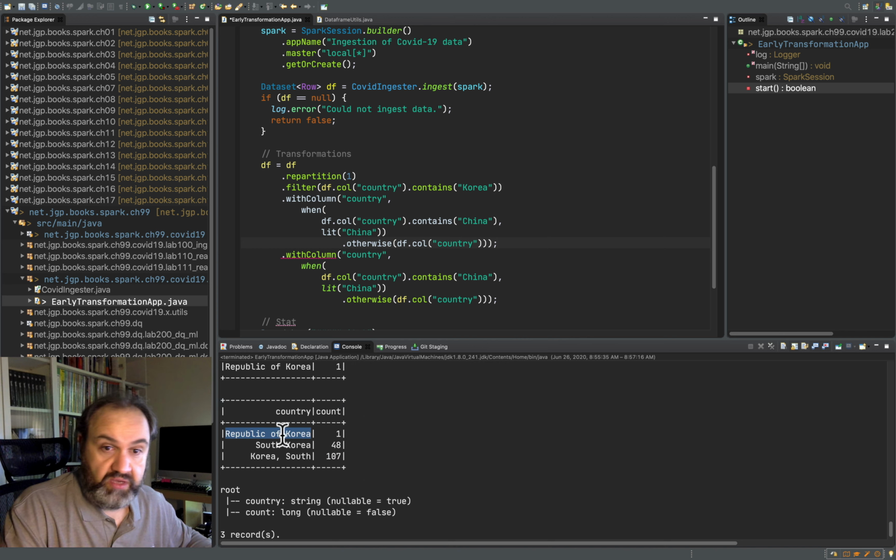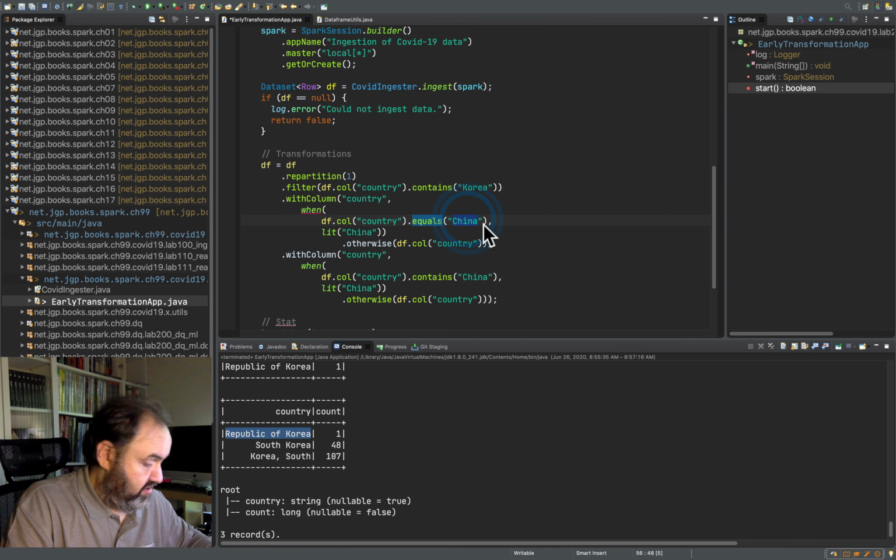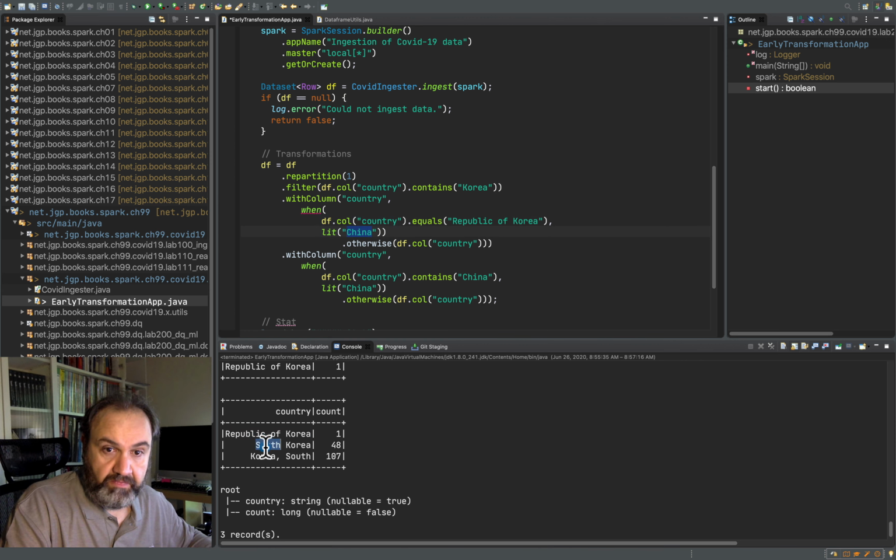So I'm going to take Republic of Korea. So if my column country contains, I'm going to replace that by equals Republic of Korea, then I am going to call that South Korea.